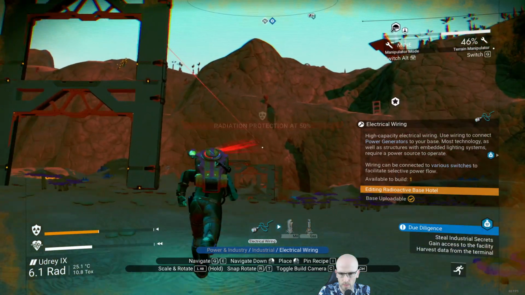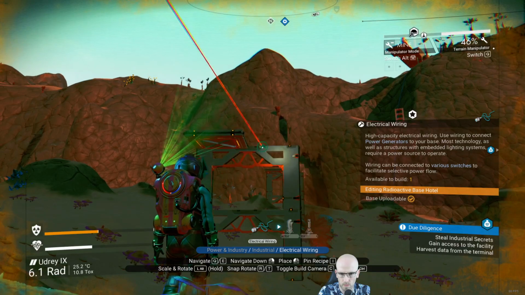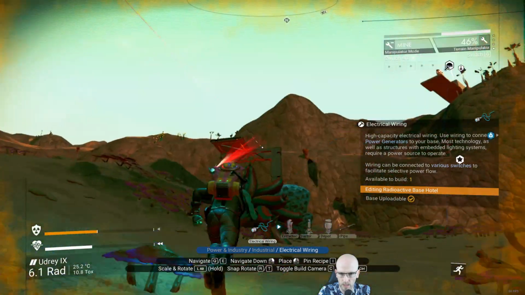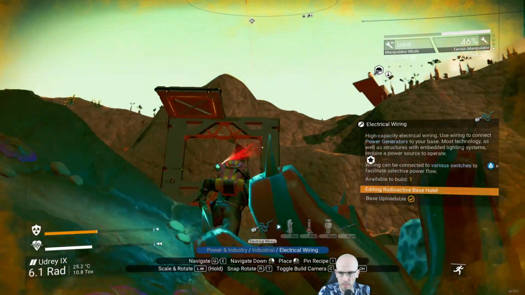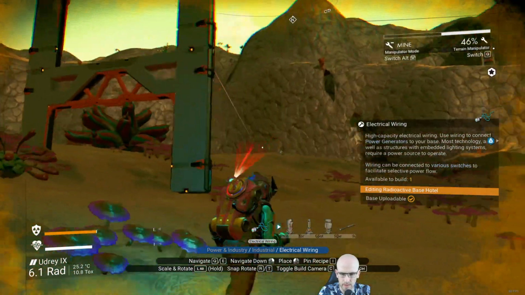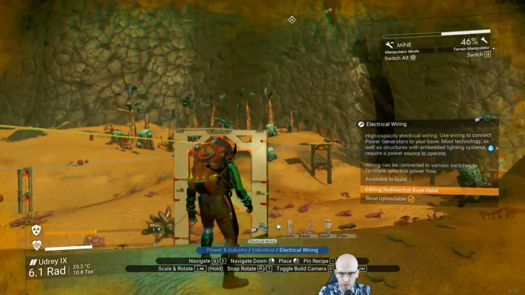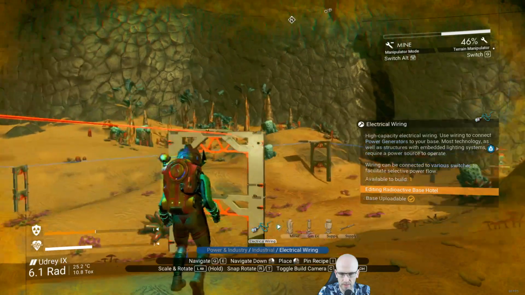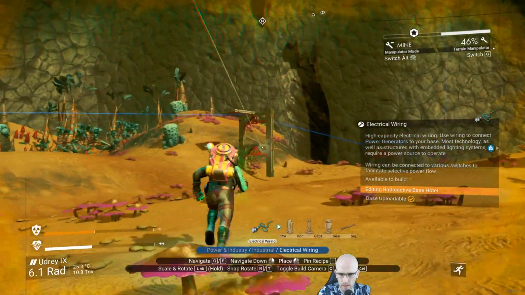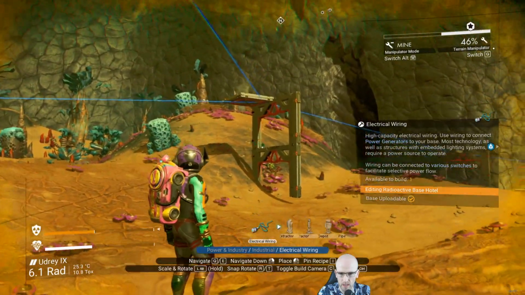Radiation protection failing. And the cable color is red, which means they aren't getting any power. But once I connect it, it should turn blue like that cable over there. Boom! Okay, and then...